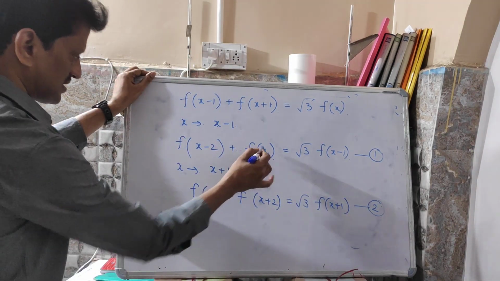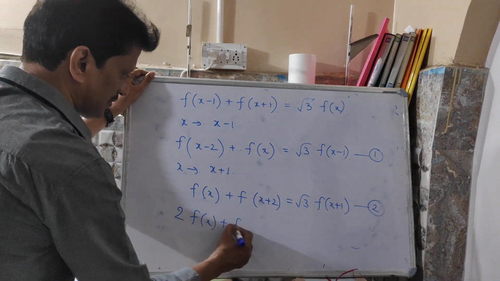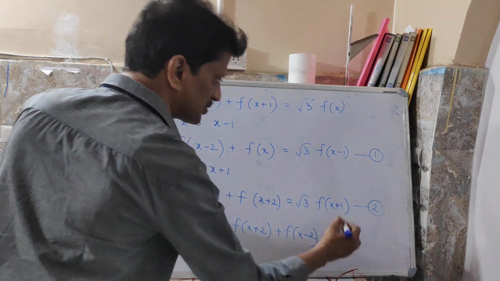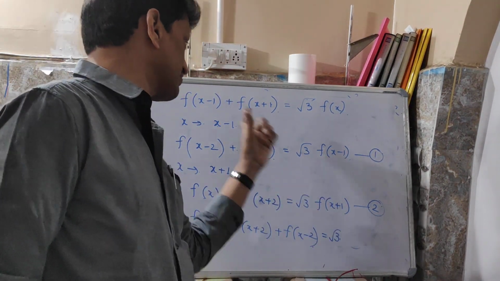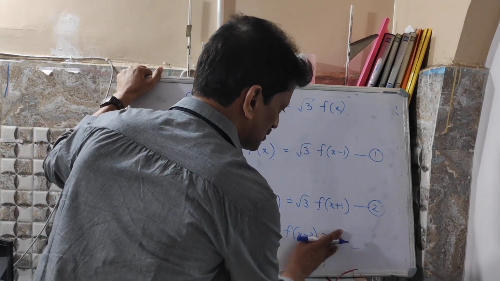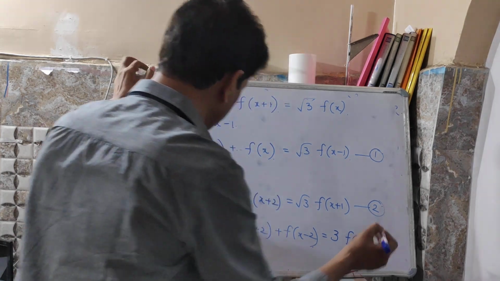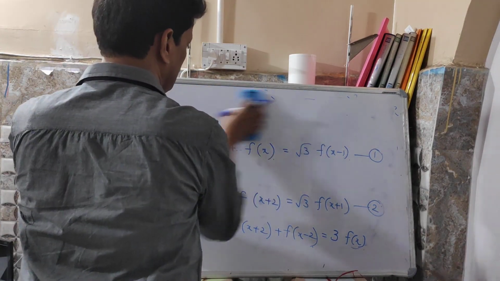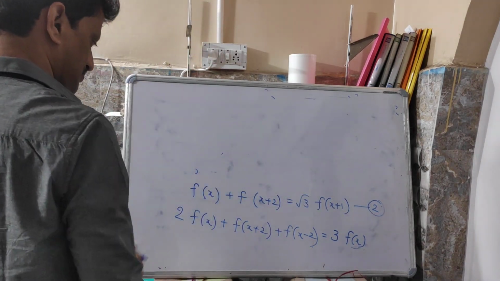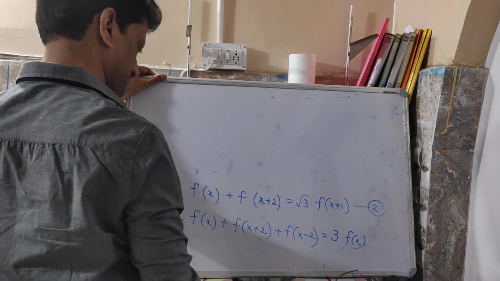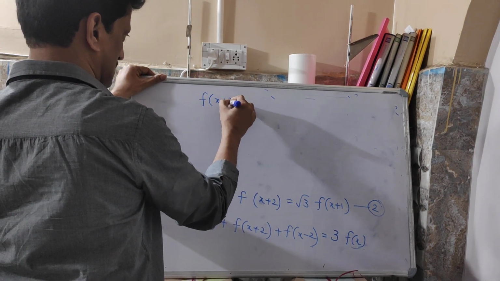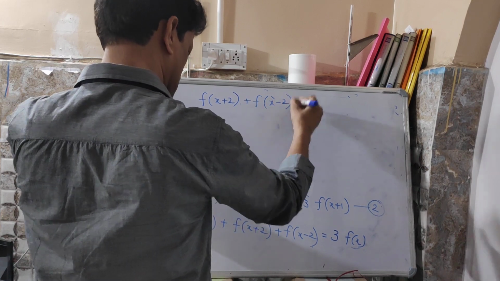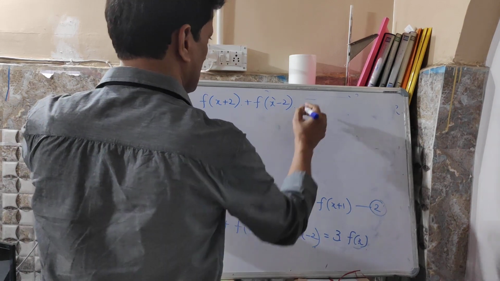Adding these two, f of x plus f of x, 2 f of x plus f of x plus 2 plus f of x minus 2 is equal to, राइट साइड में रूट थ्री कॉमन करो, रूट थ्री कॉमन करने से क्या मिलेगा, f of x minus 1 plus f of x plus 1, उसका वैल्यू हमारे पास है रूट थ्री f of x, रूट थ्री इंटू रूट थ्री f of x, थ्री f of x, डायरेक्ट स्टेप लिख दिया मैंने। उसके बाद भी एक डायरेक्ट स्टेप लिखता हूं, थ्री f of x minus 2 f of x is equal to, next f of x plus 2, इधर बचा क्या है, f of x plus 2 plus f of x minus 2 is equal to 3 f of x minus 2 f of x आ गया।